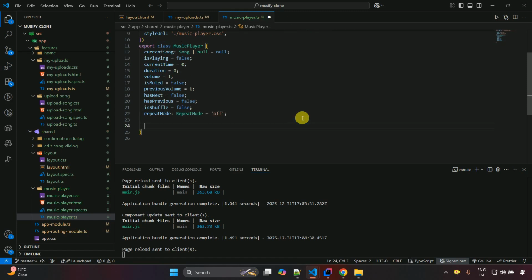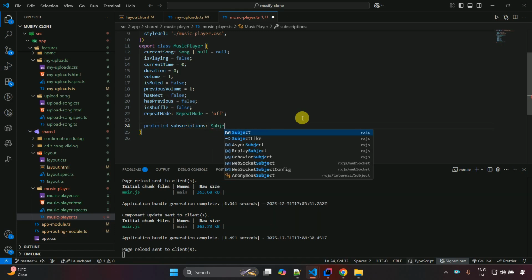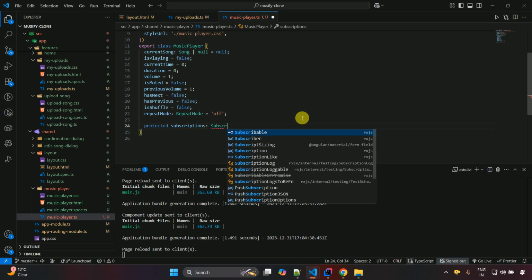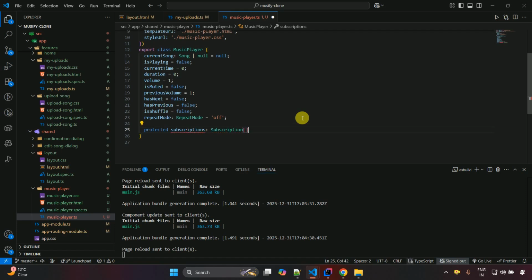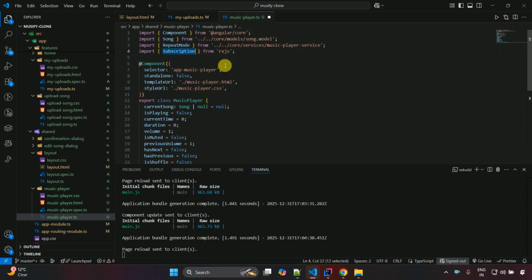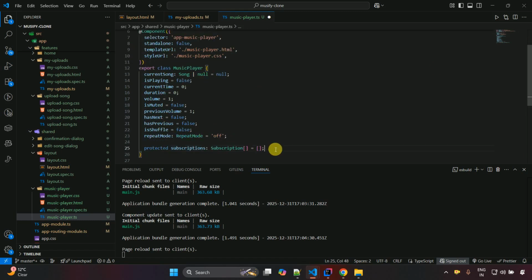and then protected subscriptions, and Subscription, this one we need to import, and equals, and then array. So multiple subscriptions will be there. RxJS we have to import from here, and then scroll over here, then the constructor,